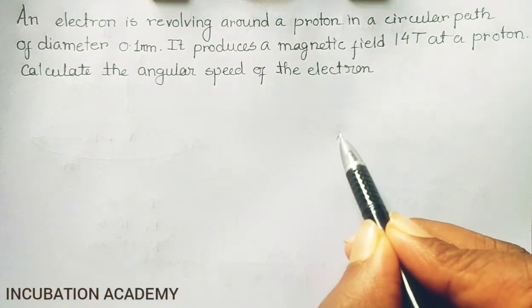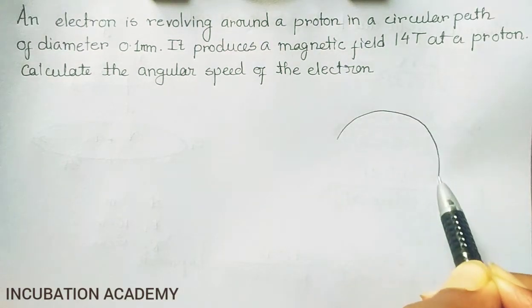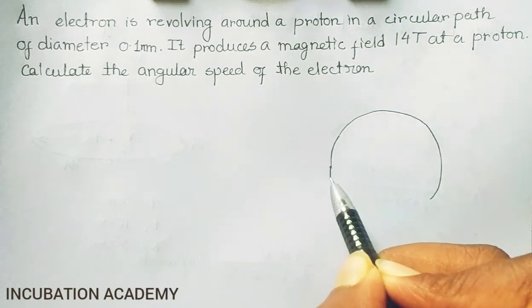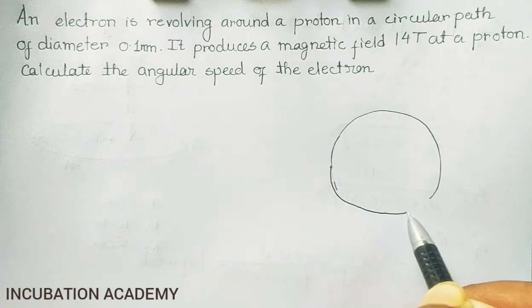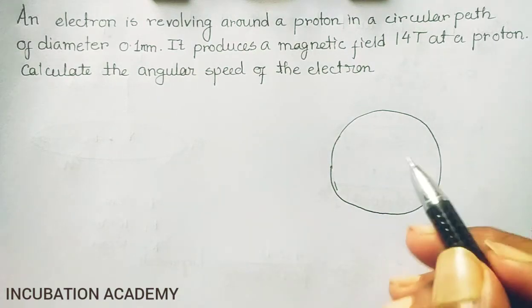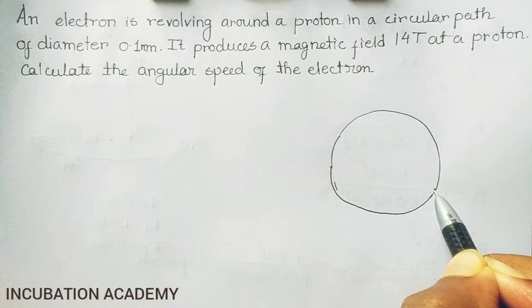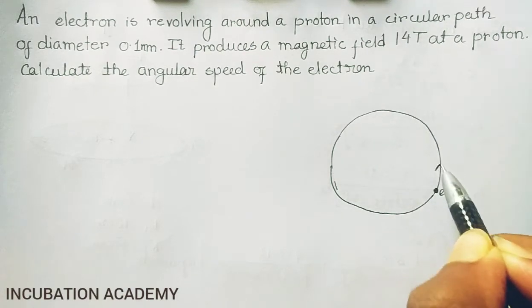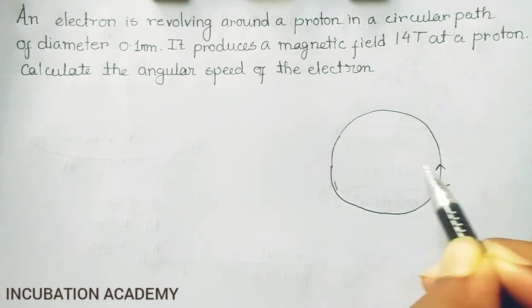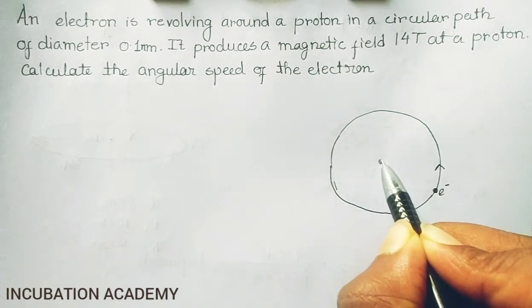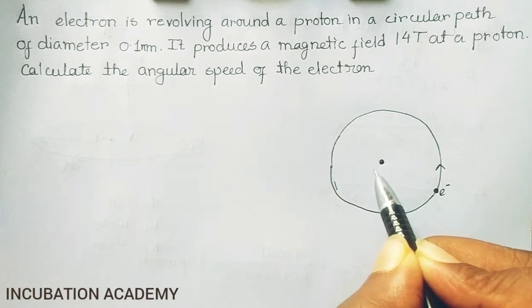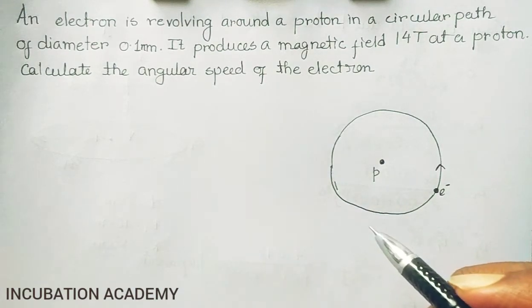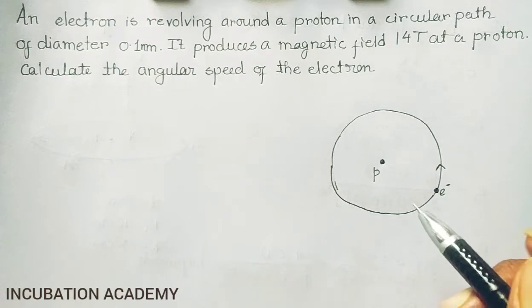For it, we first draw the orbit of the electron. If we consider Bohr's atomic model, we can consider it a circular one. So it is something like this. The electron is here, moving in a particular rotation, and the proton is obviously at the middle of it. So it basically represents the protium isotope of the hydrogen nucleus.